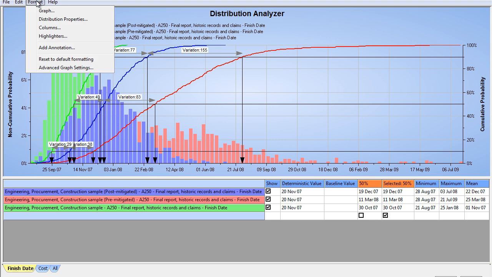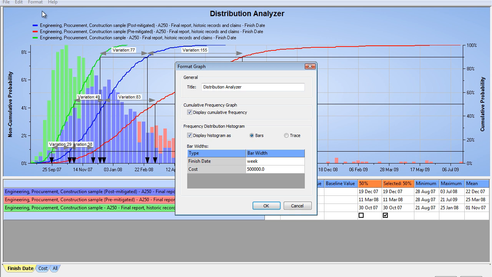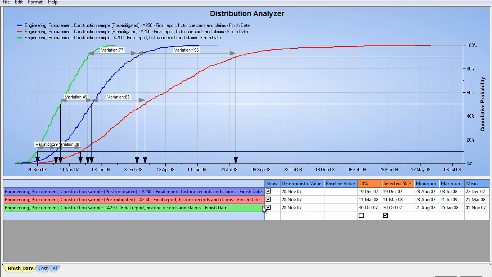So I'm going to go up to the Format menu, and if I look at the graph, I can go into the bars. I'm going to not show the bars for now. I'm just going to show the curves. This is going to make a little bit more sense for my audience, so I'm just going to show the curves here. So I needed to save 266 or 206 days originally, and I look,